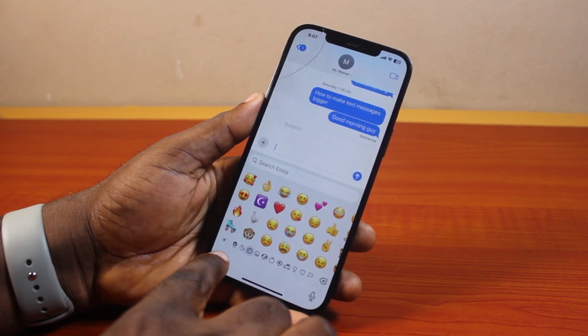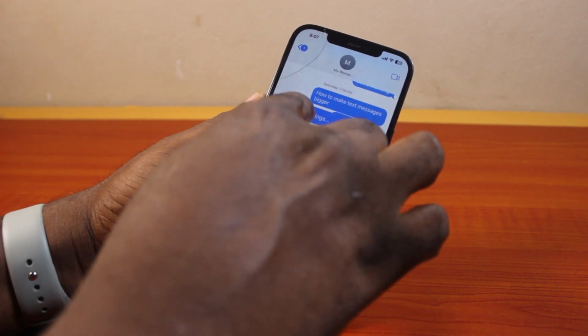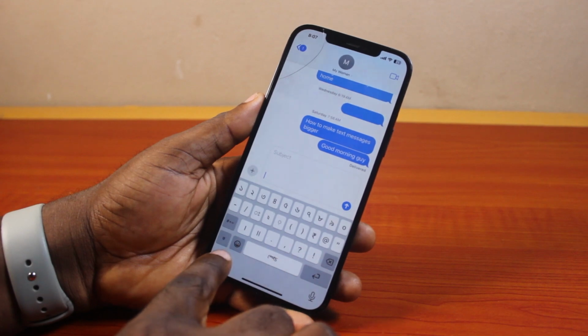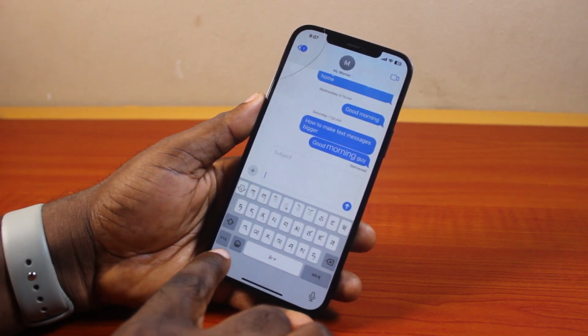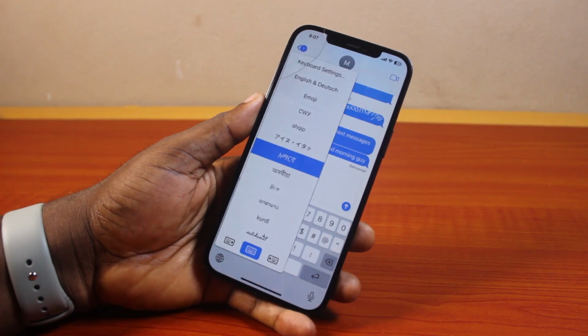And if you press and hold the global icon, just like this, then you have access to all the languages you can change to on your iPhone. So you can also press and hold it for the keyboard menu to come up. And once it comes up, then select the language. So that is basically how to